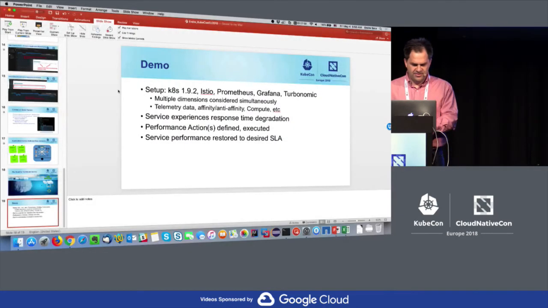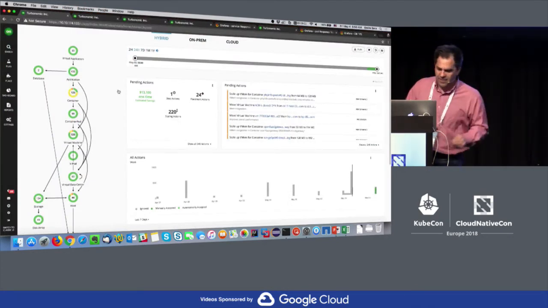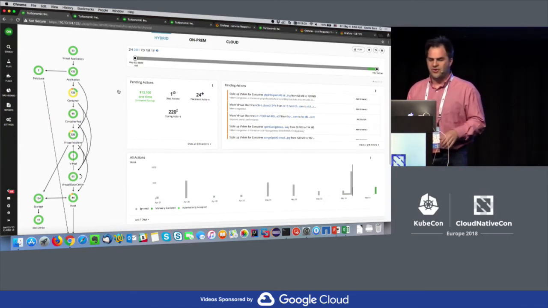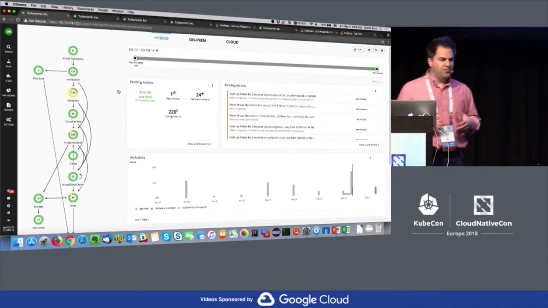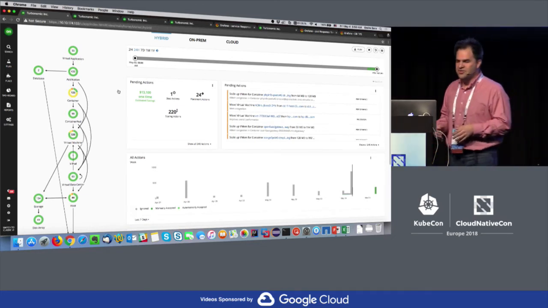So if I switch over to this, okay. So this is the user interface of Turbonomic. Just to illustrate a possible way of solving this problem,